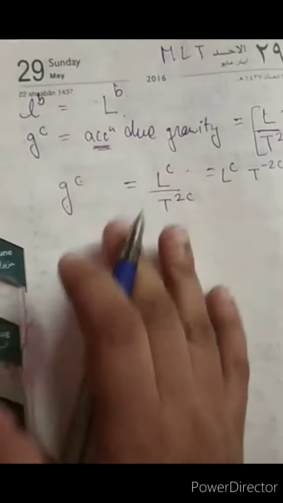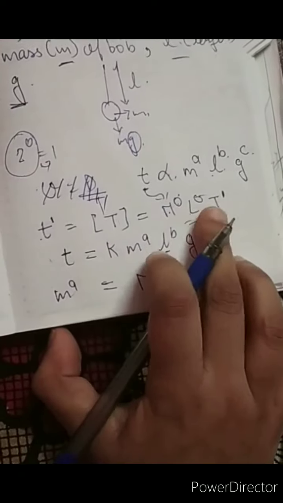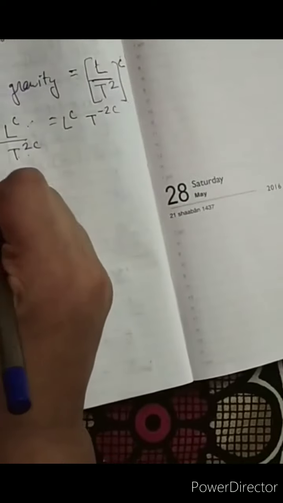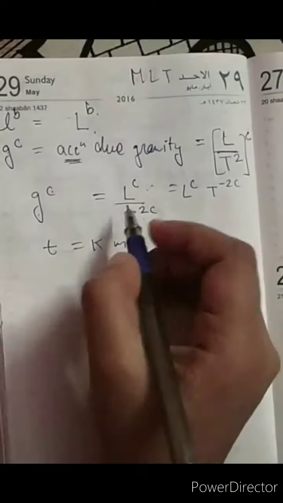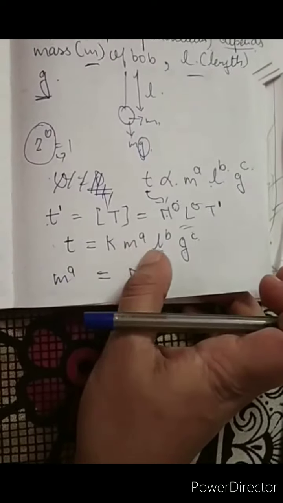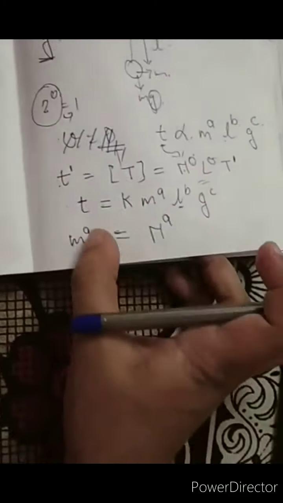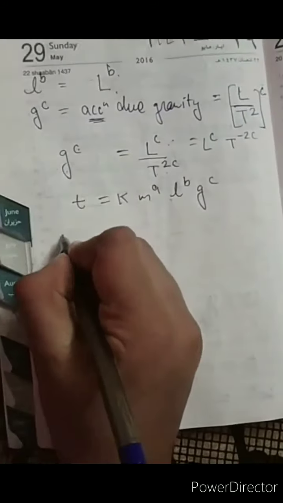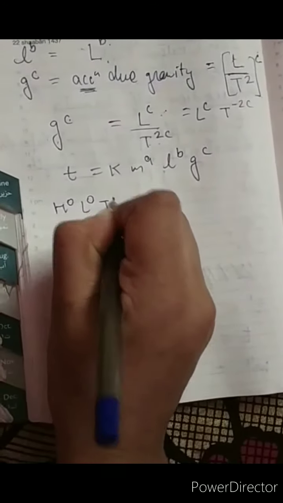Now all expressions you have to put in the formula. And remember, this T is equal to M0, L0 and T to the power 1. Let me again write down the expression for you, since I don't have a board, so it will be easy for you. Otherwise you have to go back. M to the power a, L to the power b and g to the power c. This was our expression. T is equal to K, m^a, l^b and g^c. Okay, fine. What is T? T, we just wrote it like this. T is equal to M0, L0 and T to the power 1.